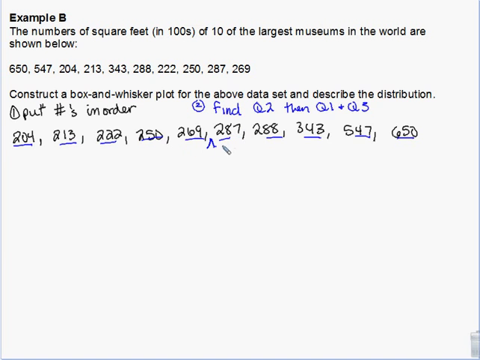Okay, there's my median. It's going to be in between those because I have an even number of numbers on either side. So Q2 is going to be 269 plus 287 divided by 2. So that is 278. Okay, so there's Q2. And then for Q1 and Q3,